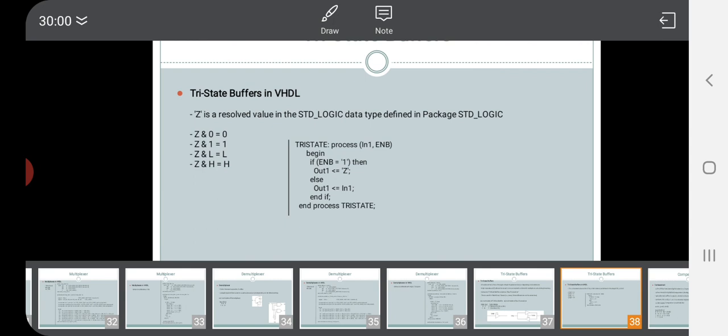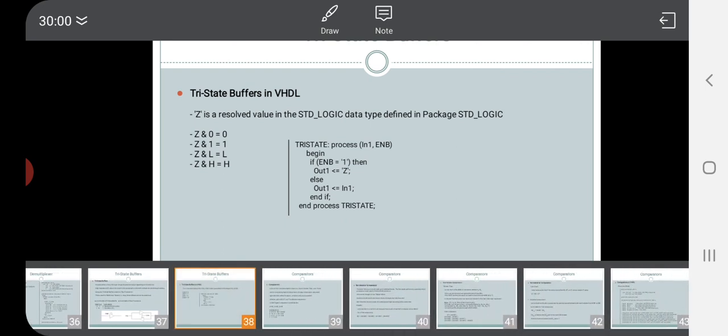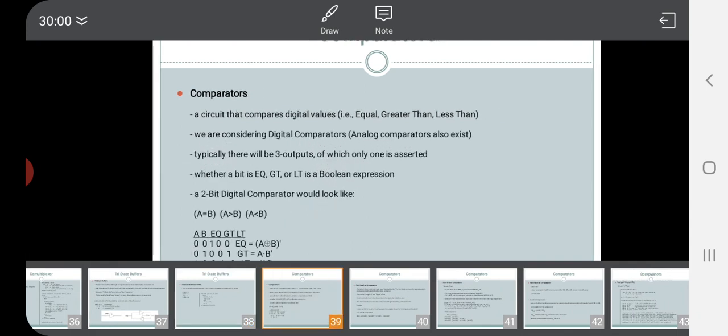If enable is equal to 1, output will be tri-stated, and else output will be equal to input. So depending upon the enable input, the output will be assigned accordingly. So this can be written using VHDL code.